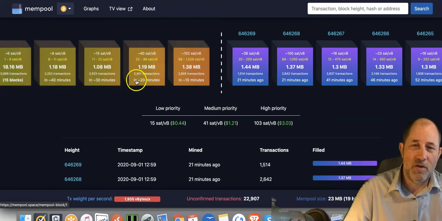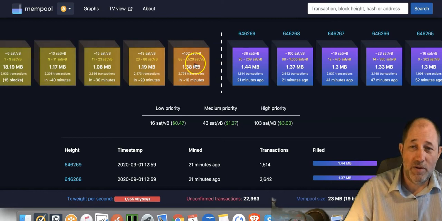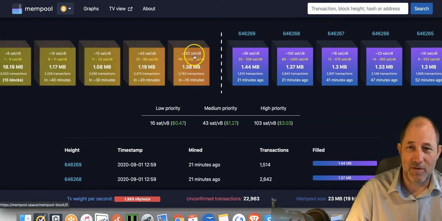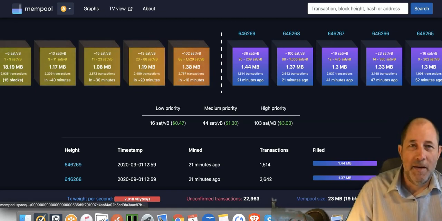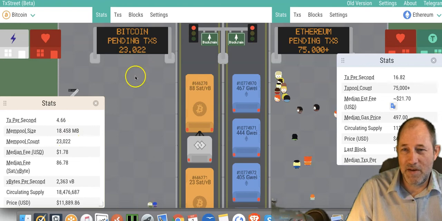So if you're not in a hurry, I would say 10 Satoshis, in between 30 or 40 minutes. If you're in a hurry, you're going to pay 102 Satoshis if you want it done really fast, jump the queue, should we say. But this one is a great visual checker. Look at the transaction fees there,